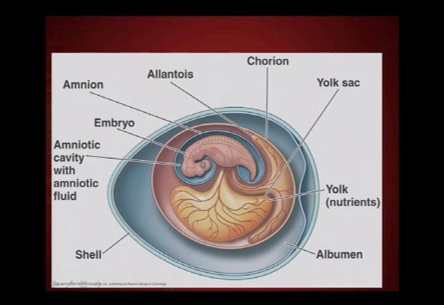So they were no longer tied to water for reproduction. They were able to reproduce on land. And again, that's a very important adaptation that allowed them to move into drier habitats and exploit this extraordinary diversity of habitat. And so when you look at the amniote egg then, the egg white, which is basically the